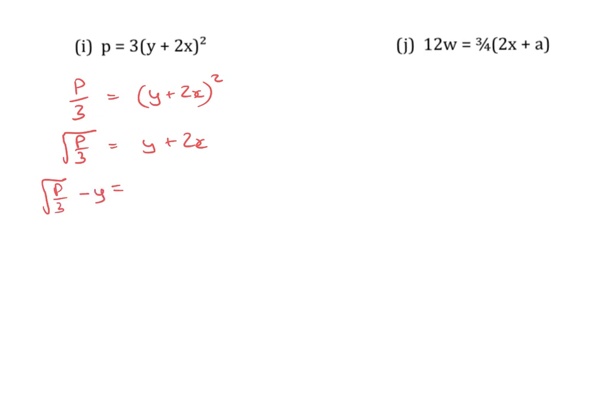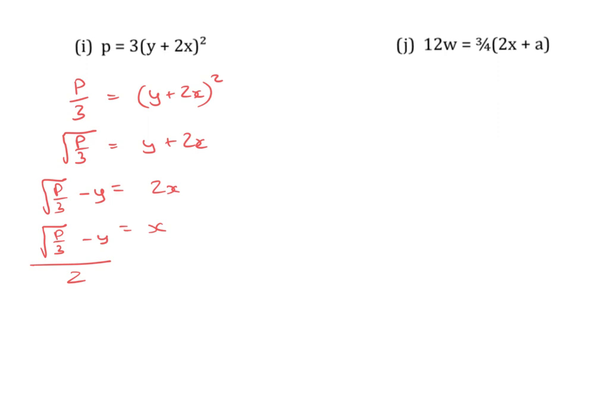So keep that outside, well away from the root in a way, equals 2x. Then we divide by 2. So x is going to be the root of p over 3 minus y, and the whole thing is over 2. Not a particularly pretty equation, certainly not one easy to use, but we have at least isolated the x